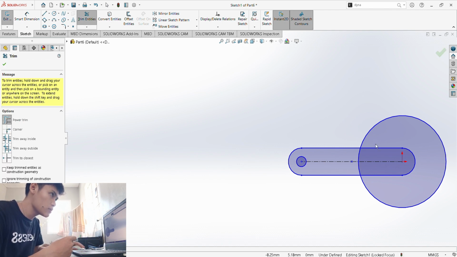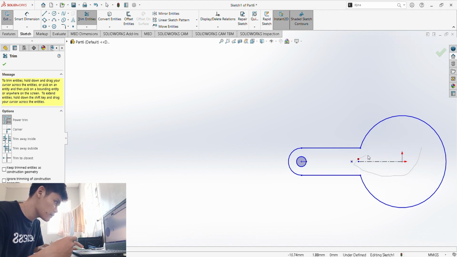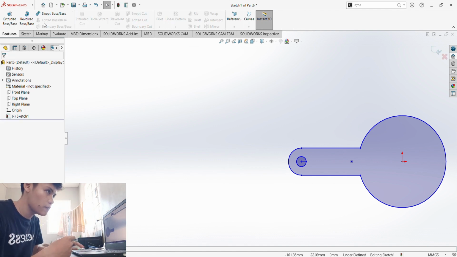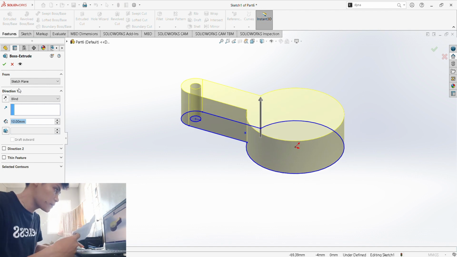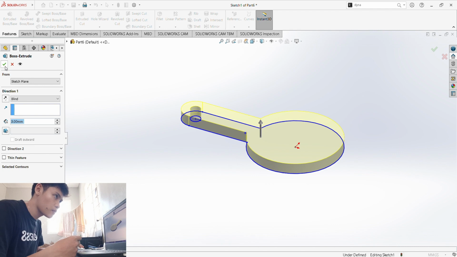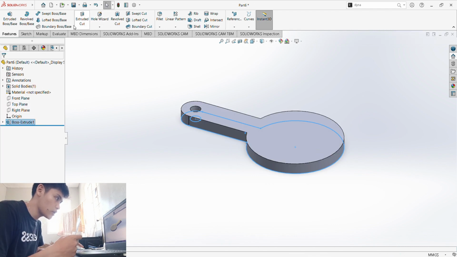So check, trim entities, okay. Then let's go with features, extrude boss base, and then let's make it just 3 mm. Oh, I forgot to put a hole right here.